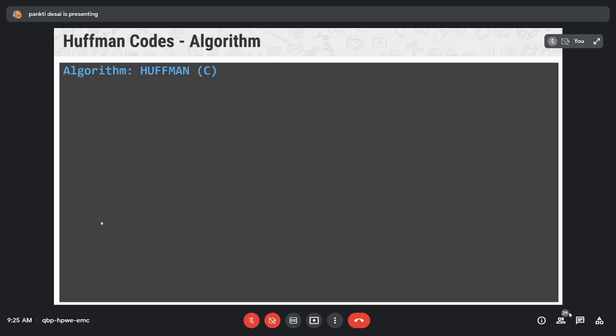So here Huffman(C), where C is the number of leaves, so n is equal to C. And Q is the priority queue which can be used while constructing a binary heap. Already you learned the binary heap, max heap, min heap algorithms, so all of you understand what a heap is. So Q is equal to C.